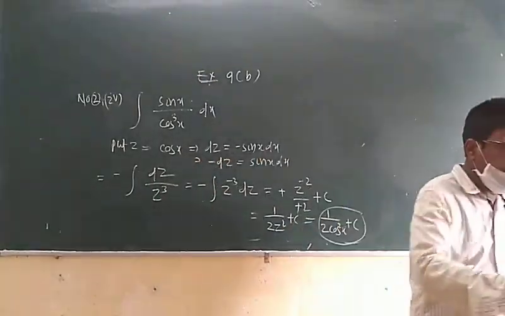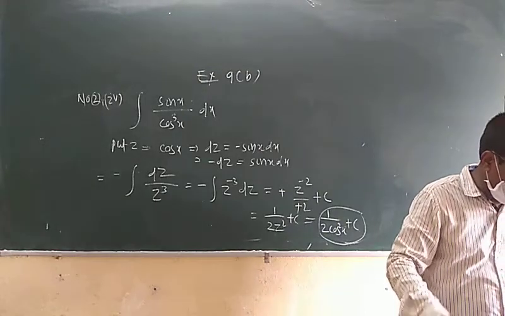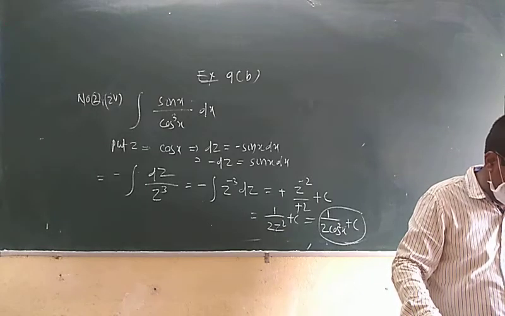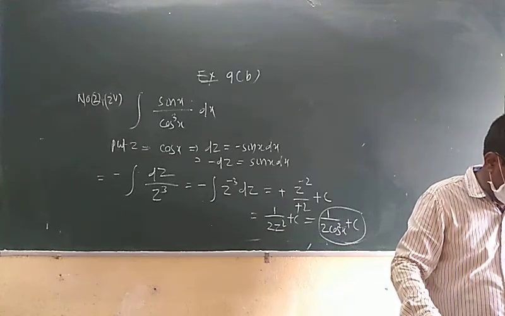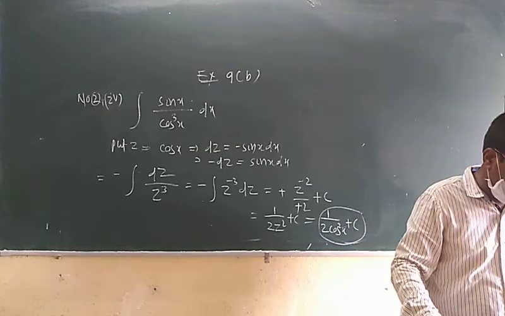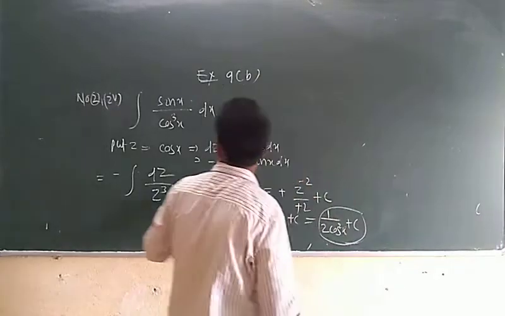Now similarly number b, taking sin x is equal to z. So cos x dx is dz by z to the 5, z to the minus 5, you can already solve in this question number b. So I am going to solve vi, taking ln x is equal to z. Okay, I have done vi.